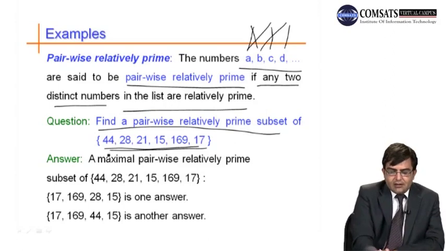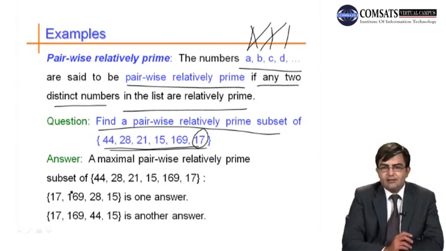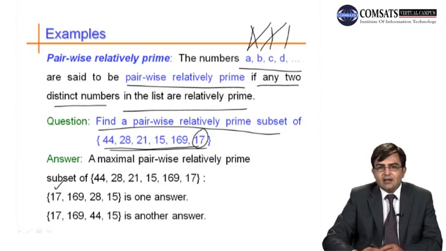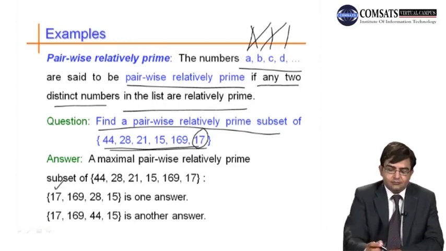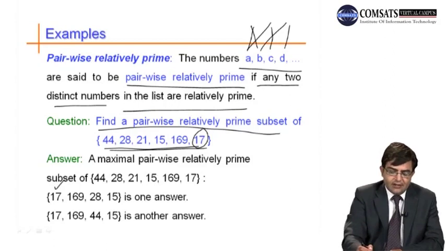So here, first we start with prime numbers. Here 17 is a prime number. We write 17 because if you have a prime number, then it must be relatively prime to other numbers if it doesn't divide that other number. So if we take 17